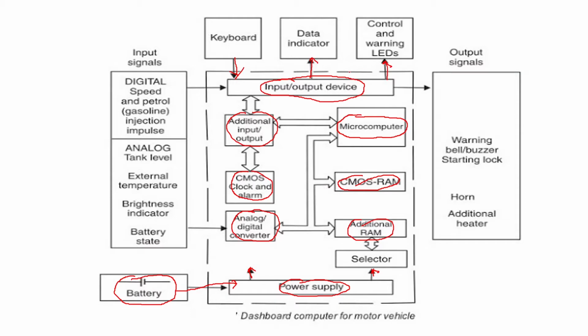Okay, now this system works when you get the proper inputs. Now inputs will be given from sensors. So these are the input signals which are given to your computer system. Okay, now it can be like your digital speed is there, petrol or gasoline, diesel, injection impulse. So all that sensing of the fuel, analog tank level, external temperature, brightness indicator, battery state,